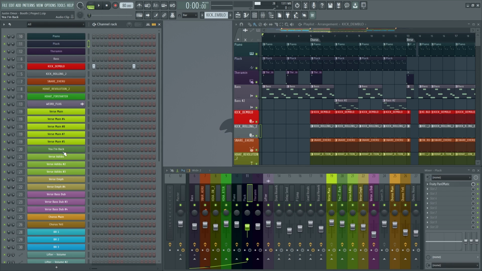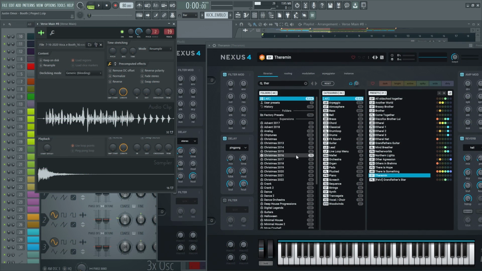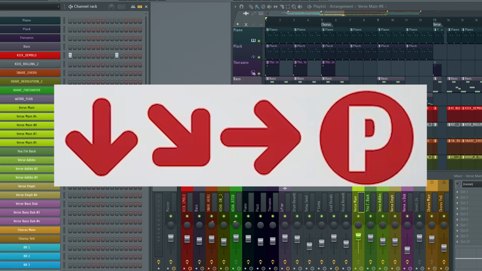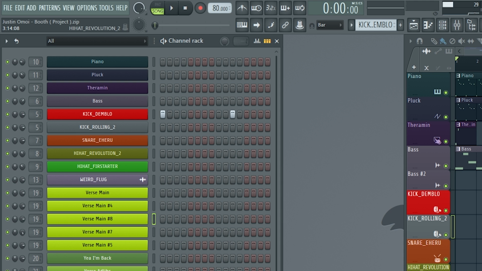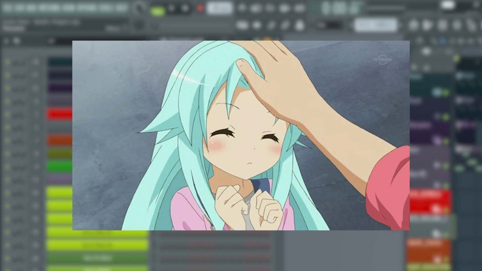But how do we go from what I showed you in the beginning, where we have so much crap in the way, to literally that? Just 4 buttons that you have to memorize. Don't worry, it's simple with your senpai.